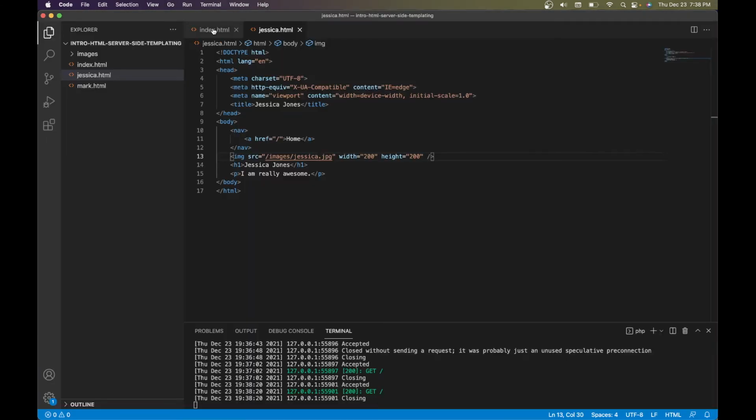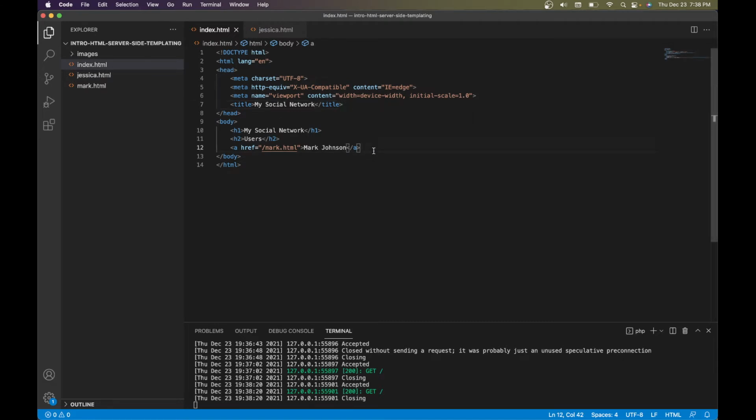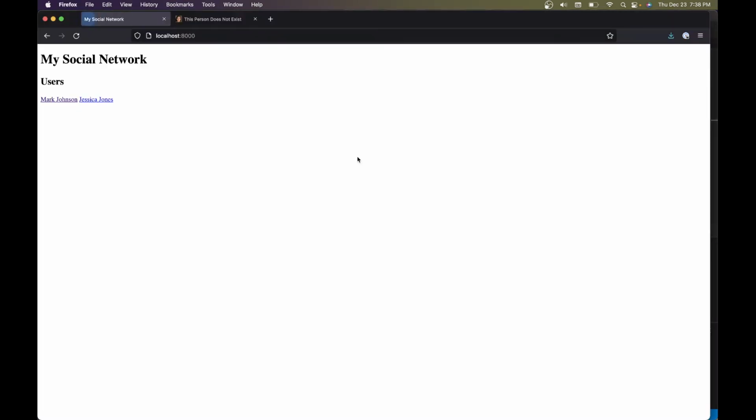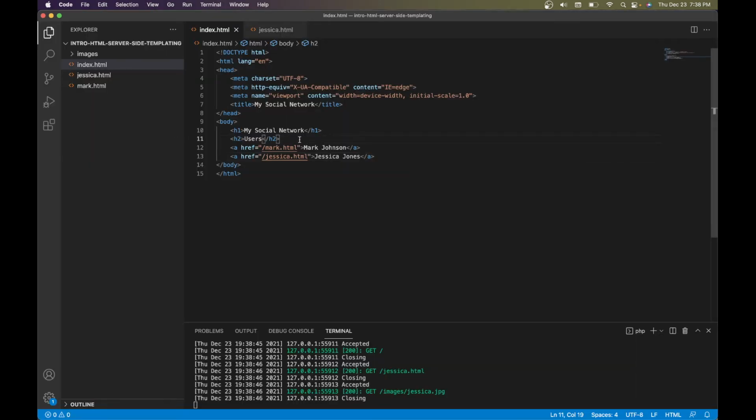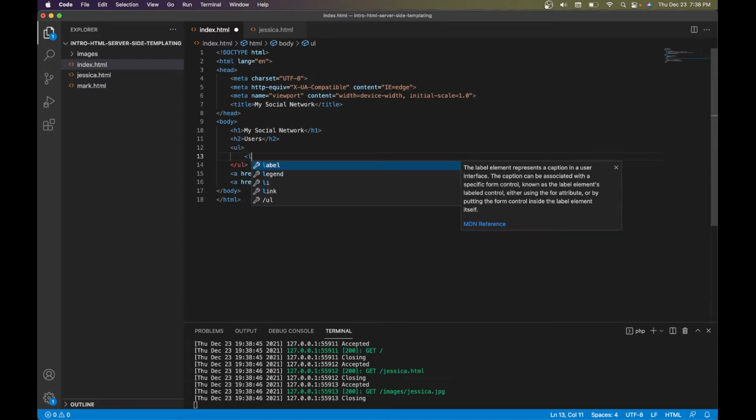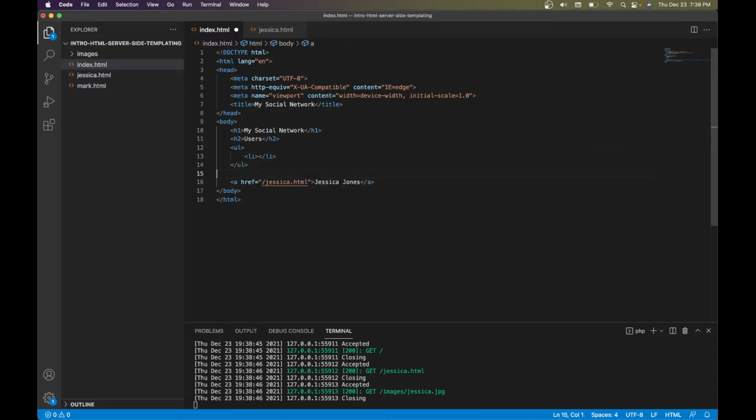And then one last step, in our index file, we will copy the Mark link, change what file it points to, and change the text. Great. So now I have Jessica Jones, go home, Mark Johnson, and great. I'm also, just to format the page a little better, going to make an unordered list and put these links in a list just to make a little bit nicer